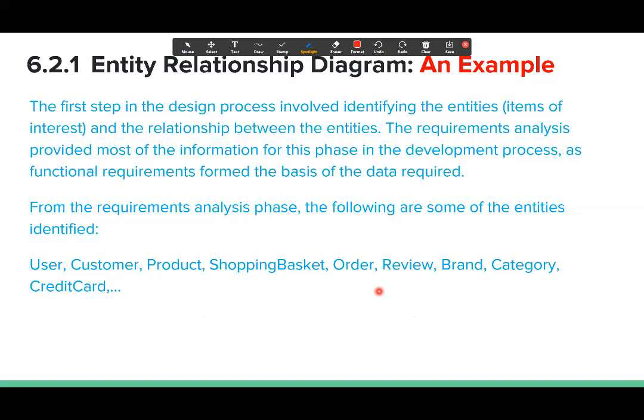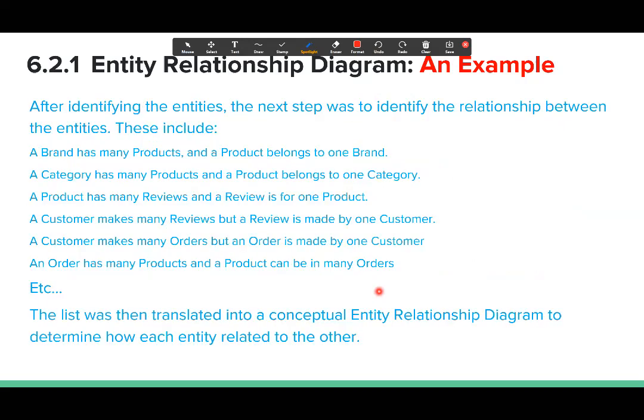Now notice when you're writing it, make it specific to your project. While you're discussing the approach, you must also apply it to your project. So we discussed the approach, but now we apply it and identify the actual entities, such as user, customer, product, shopping basket, order, review, etc. So this is how you apply it, right? But as we haven't finished this yet, those are identifying the entities.